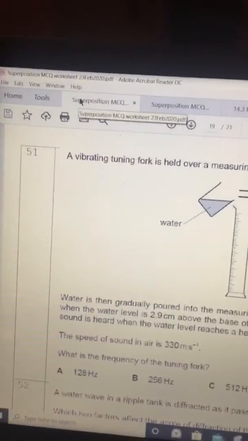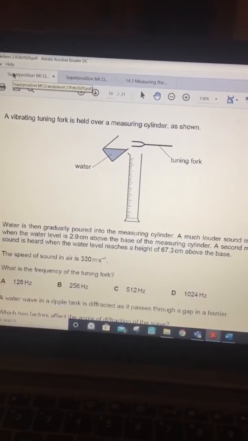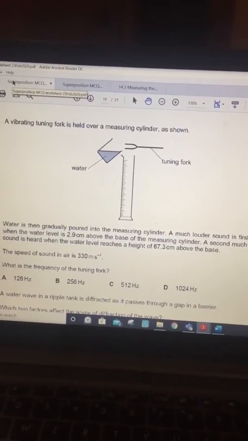So we are trying to do question number 51 here. If you haven't read the question, please pause the video and go and read the question. So what is happening in the question is